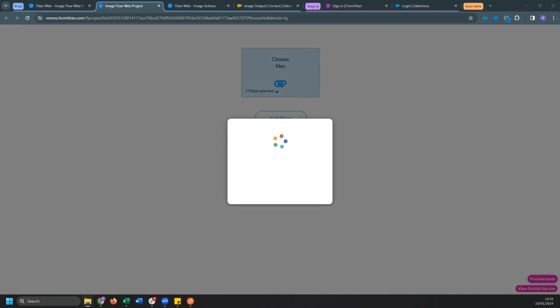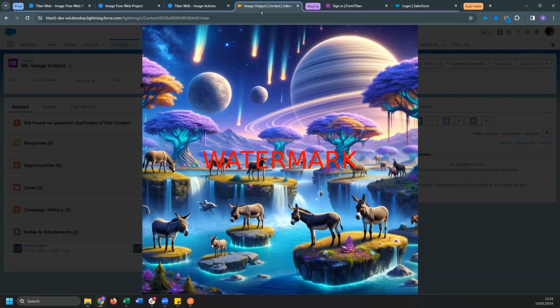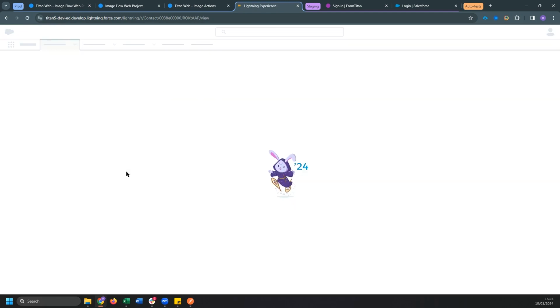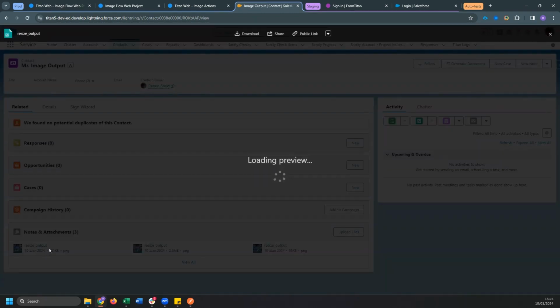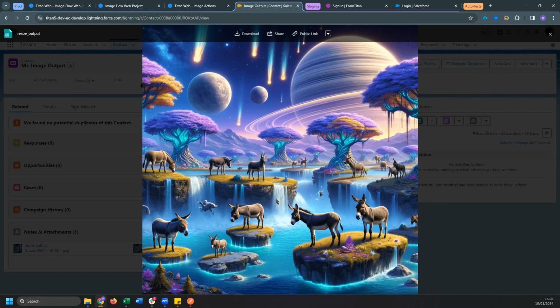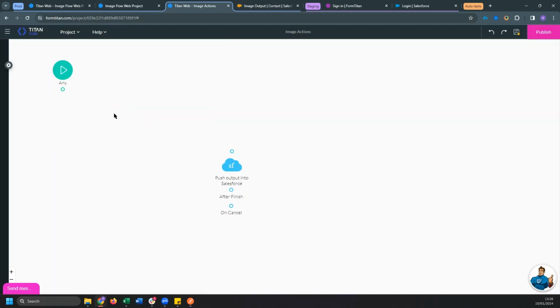Now I'll just go ahead and check the size of the original image, which is 1.95 megabytes. And you can see we have a 481 kilobyte image, and if we open it, we can clearly see some compression. And back over here once again,